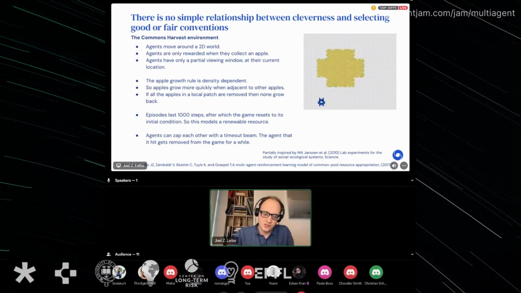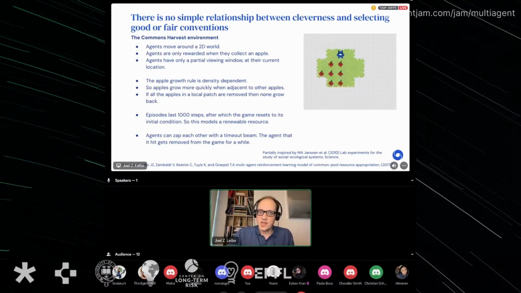So this is going to be the multi-agent reinforcement learning chunk here. In these games, agents are walking around in a world, and they're partially observed, so they see just what's around them, and they're making choices of where to move. They don't make single choices like cooperate or defect that has strategic intention in a single moment. Instead, the strategic intention emerges from lots of small actions, like movement actions in these games. And you can have agents learn in these worlds with reinforcement learning, which is what we typically do.